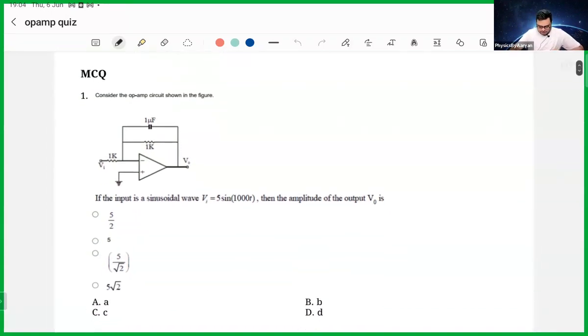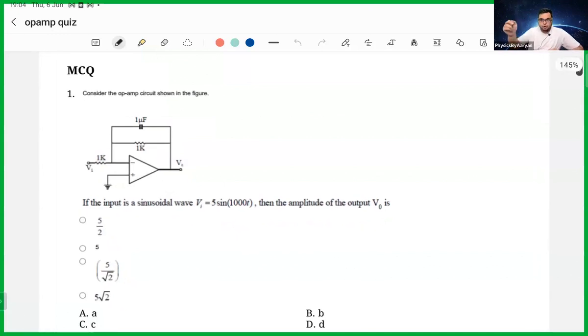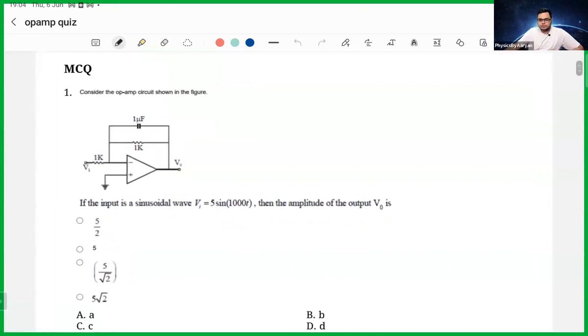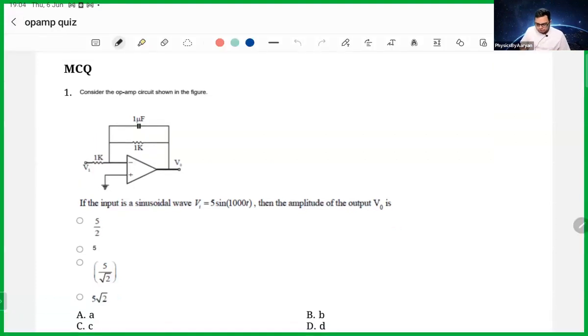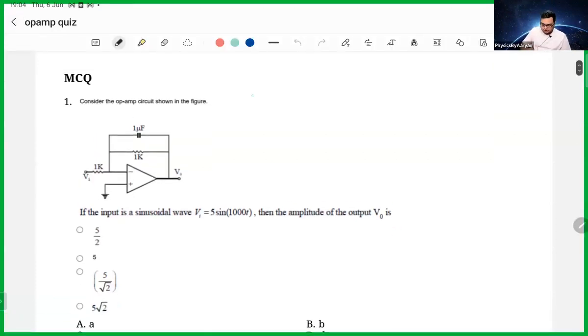Can you tell me, is this based on the OPAMP live class 1 or live class 2? What is it? We have a circuit here, and we need to know the amplitude of the output voltage. So what can we do here? The very basic concept I want you to remember is the gain that we studied. Let me reduce the pen size. So gain is equal to